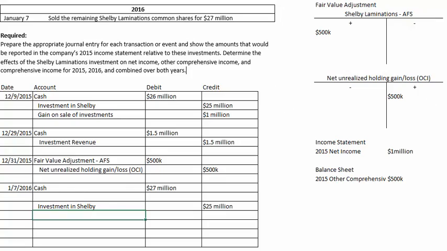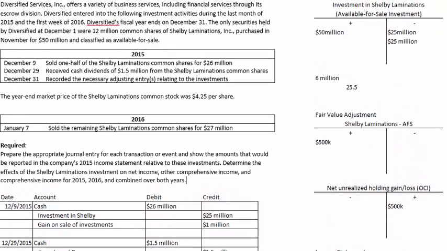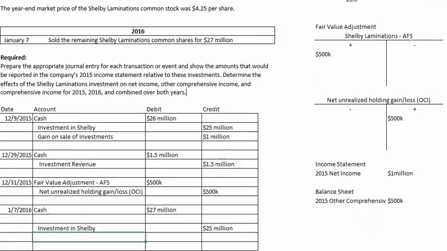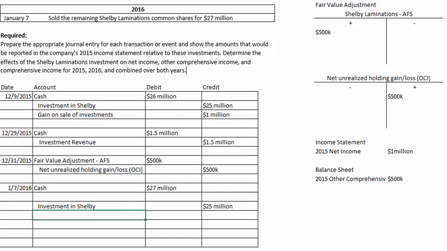We've got a couple of things going on here. If you look back at the T accounts we had from the prior entries, we have $500,000 sitting in this fair value adjustment account, $500,000 sitting in this unrealized holding gain, and now we really are selling it. So shouldn't we realize this gain is kind of an argument to be made? I'm going to show you what I would typically do,